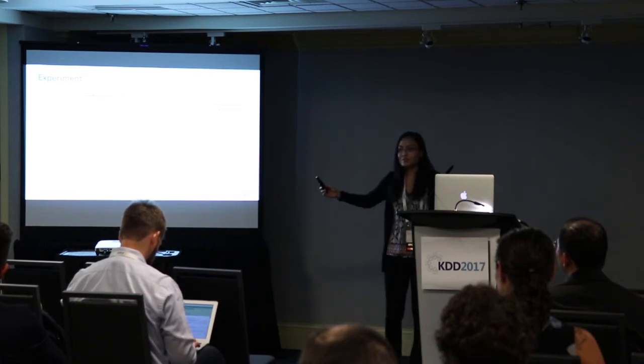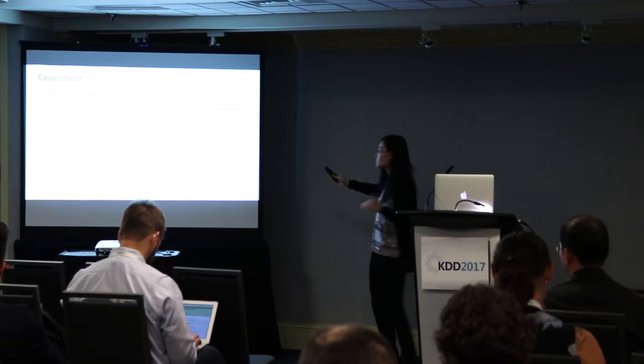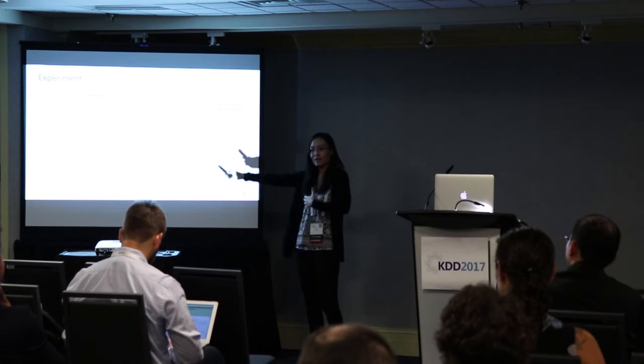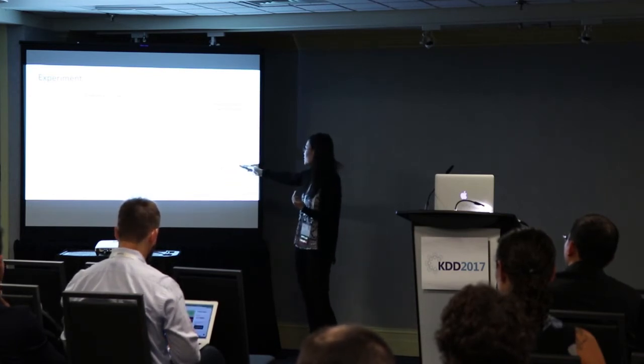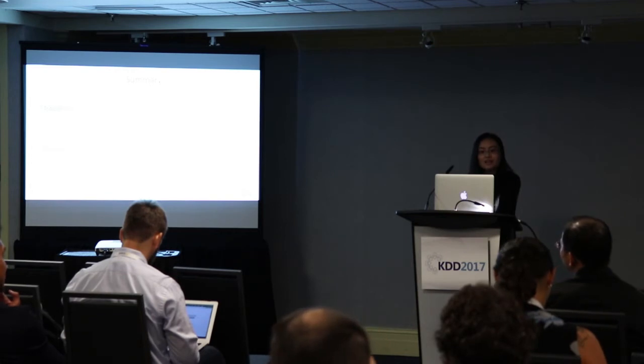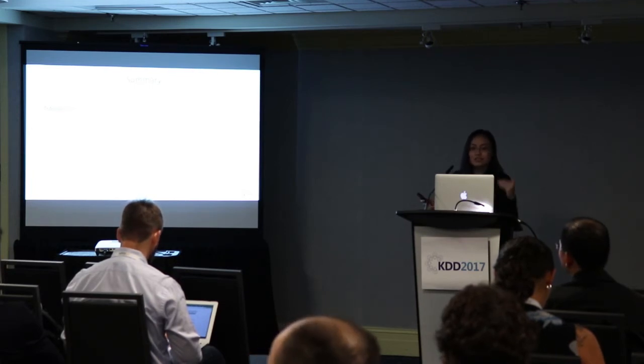This is a direct result of overfitting because you have so few students. But when you use the data you have on hand to guide the selection of borrowing from the source data, you actually improve the performance and get the best result using that. So quick summary. This is a method of transfer learning. And again, there are many different transfer learning algorithms available. And I do think this is one that's